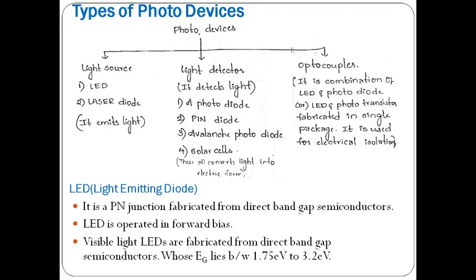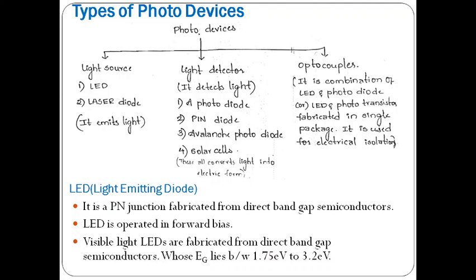So these visible light LEDs are fabricated from direct band gap materials whose energy gap lies between 1.75 electron volt and 3.2 electron volt, and it is also equal to 1.8 to 3.2